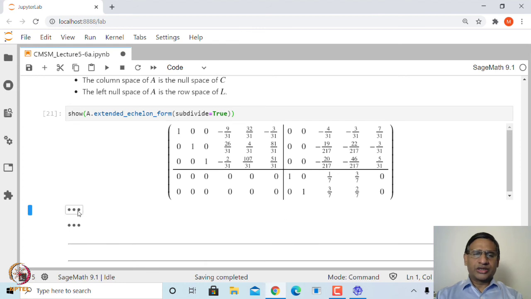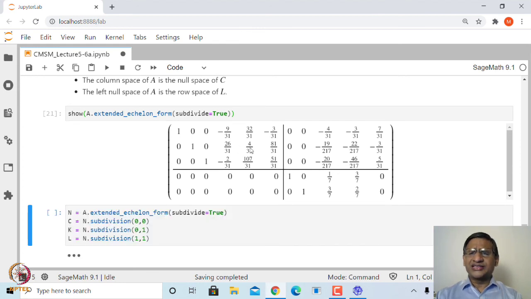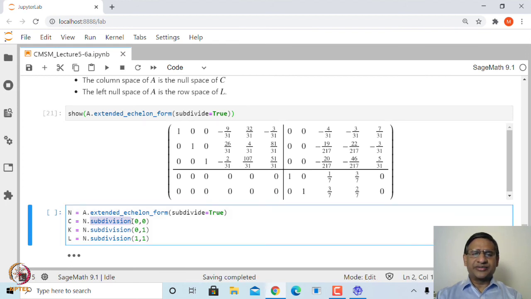Okay. So, you can obtain these C, K, L using what is known as subdivision. Suppose this extended echelon form is stored in capital N, then N dot subdivision(0,0) is C, K is N dot subdivision(0,1), and L is N dot subdivision(1,1).